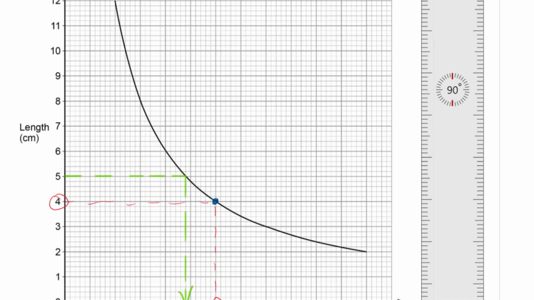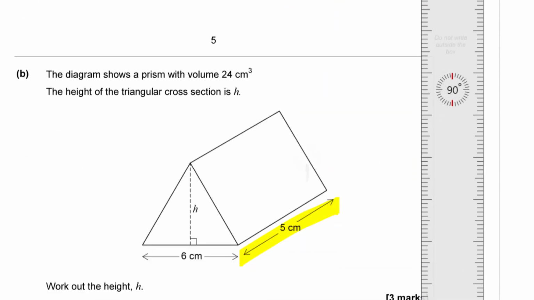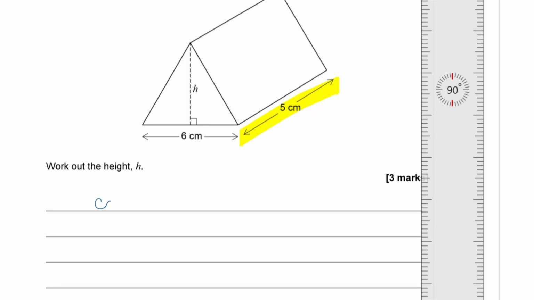That gives me a cross-sectional area of 4.8 centimeters squared. So given that the cross-section is equal to 4.8 from the graph,